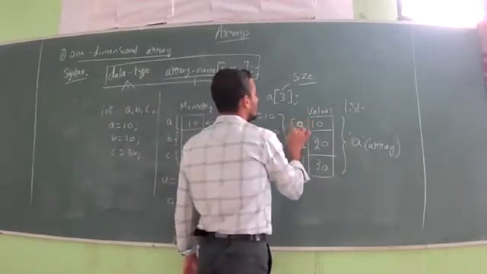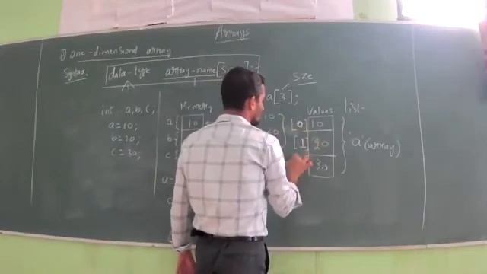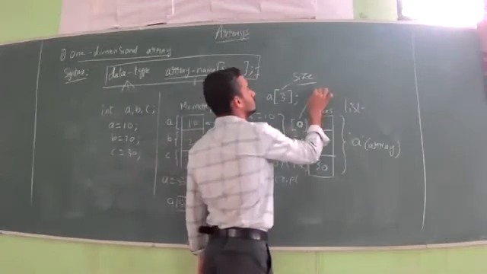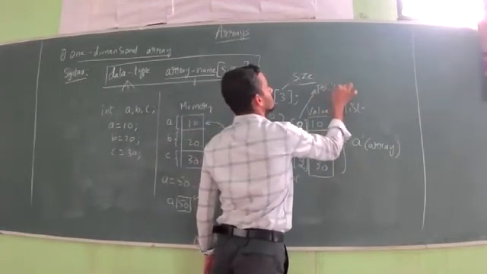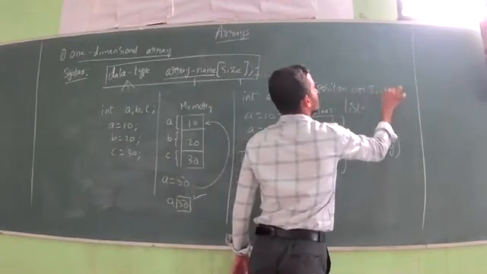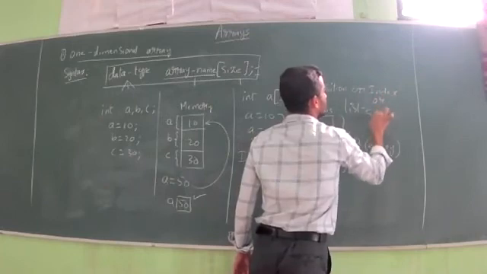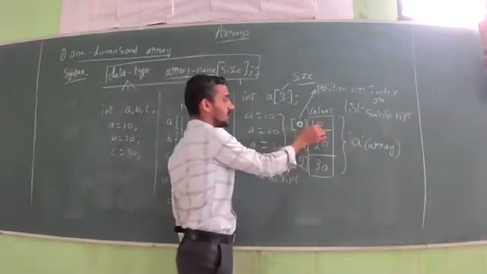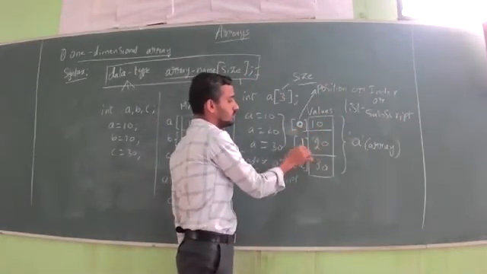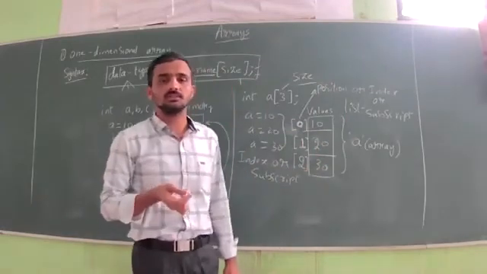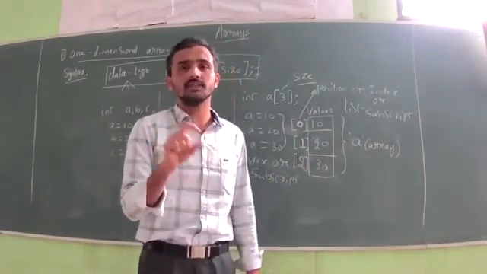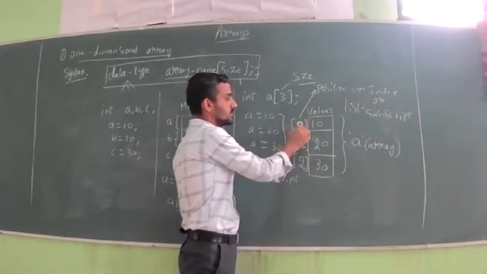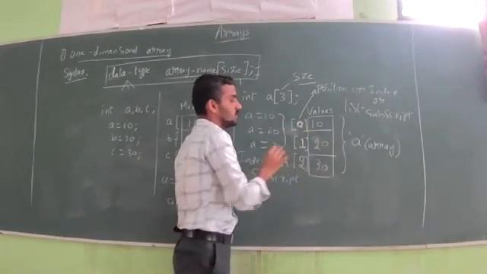And you have to write it in the bracket. That is, value 10, its position is 0. So I can say it is the position or index or subscript. Value is 10, index is 0; value is 20, index is 1; value is 30, index is 2. Like chapter numbers in C++: first chapter, data types; second chapter, input output operators; third chapter, like that. So value 10, position is 0; value 20, position is 1; value 30, position is 2.